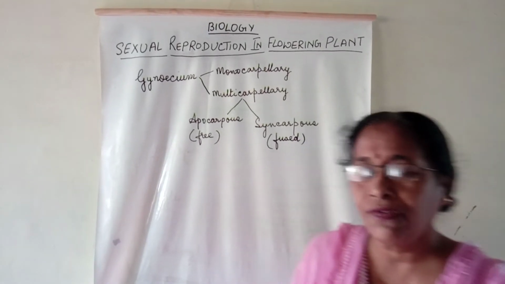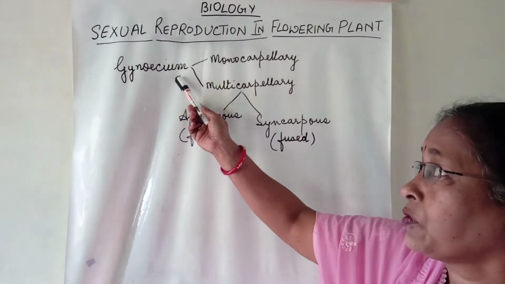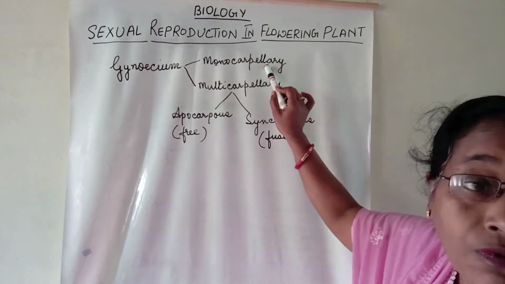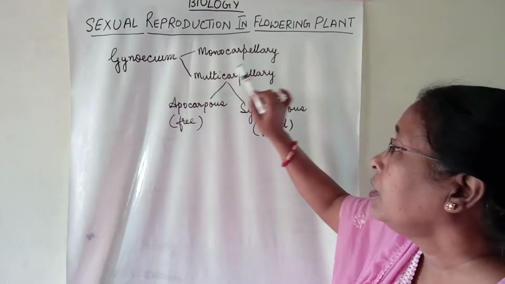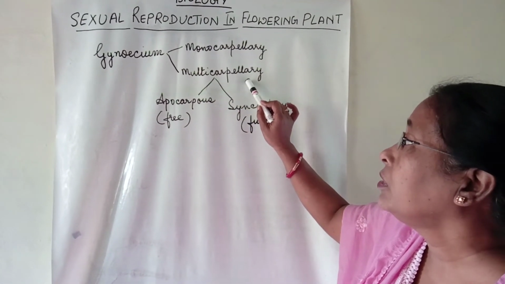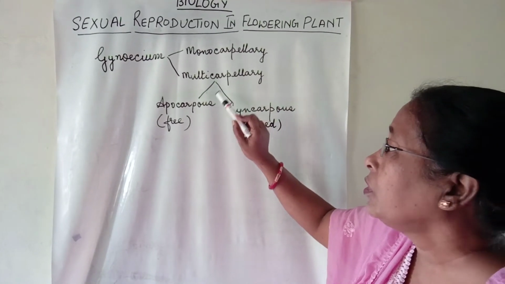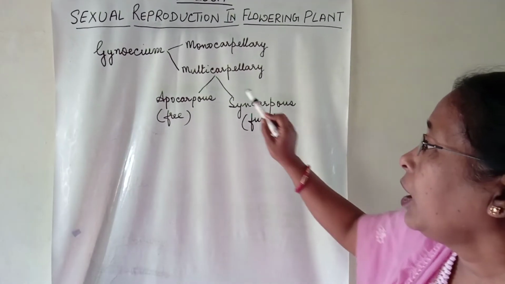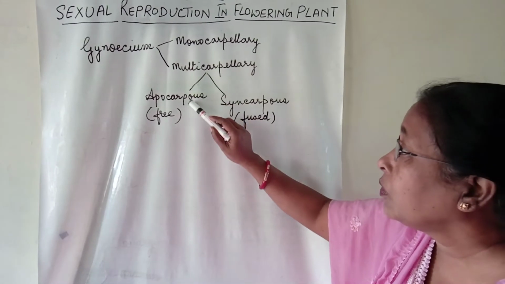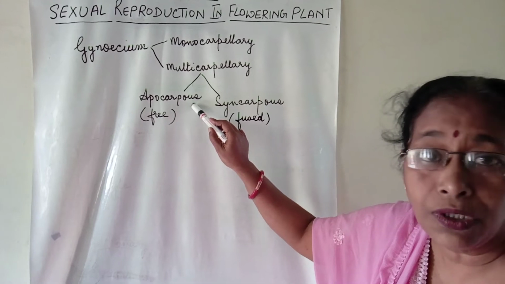In this class, today we will discuss the female reproductive organ, that is the gynoecium. Gynoecium is of two types. If it consists of one carpel, then it is monocarpellary. If it consists of more than one carpel, then it is multicarpellary. In the multicarpellary type of gynoecium, if the carpels are fused, then it is known as syncarpous, like in mustard. Or if the carpels are not fused, that is free, then it is called apocarpous, like we find in lotus or